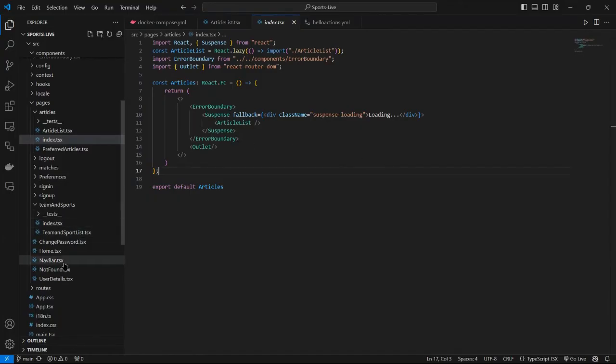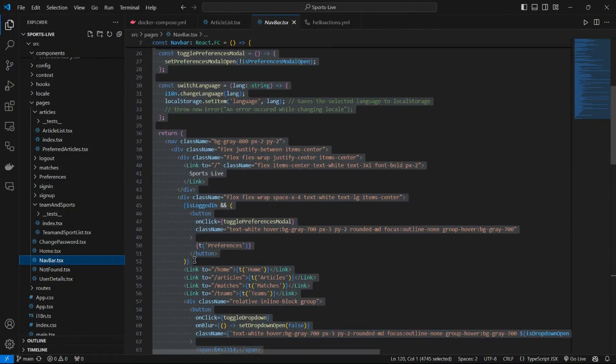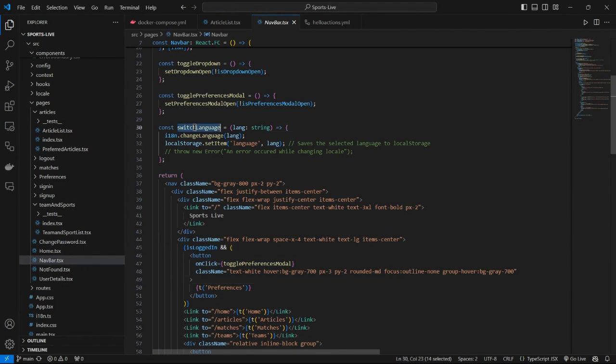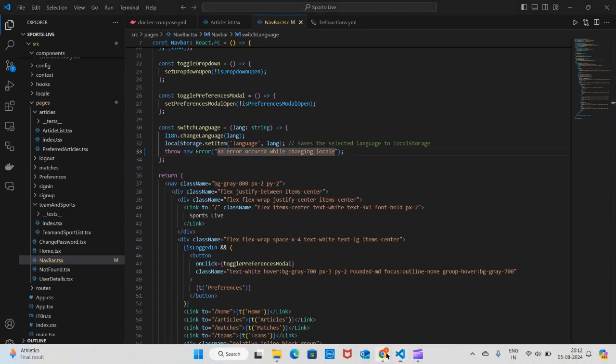Also, I had injected an error while changing the locales. Like if you go to the navbar, this is the switch locale function that changes the locale and saves the current language to the local storage. But if I deliberately insert an error like this, throw new error, I have commented out all the errors before pushing it to GitHub, because I don't want the app to throw errors when it is hosted on Netlify. But for now, if we just add this error and go back to the project,